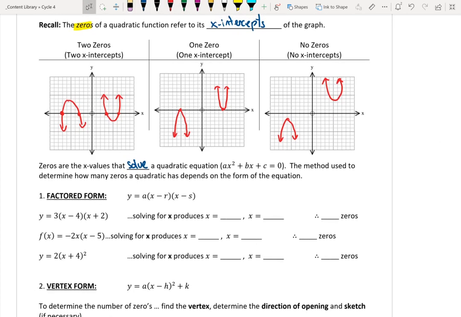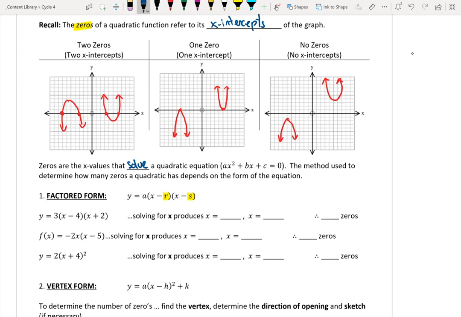Remember, in factored form, the key things were the r and the s value. Those values told us what the x-intercepts were. That's why in the past we wanted to factor or use the x puzzle, product and sum, to get to the factored form, because it told us what the x-intercepts were. So looking at the example here, y equals 3 times x minus 4 times x plus 2,